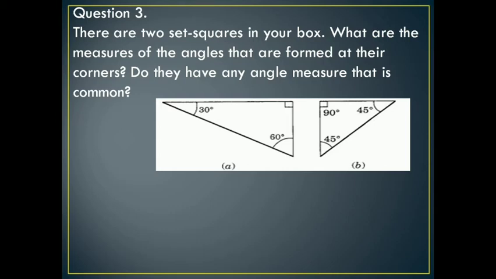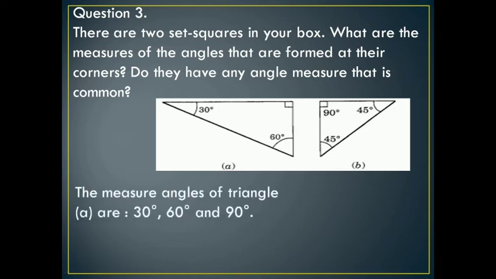The bigger set square has two adjacent edges, which are crossing each other, intersecting each other and making a 90-degree angle. So they are perpendicular lines, and the other two angles are 30 degrees and 60 degrees. And which one is smaller? The edges of this set square are also perpendicular to each other, but the remaining two angles are equal in measurement.